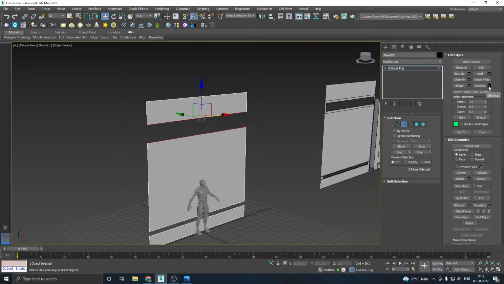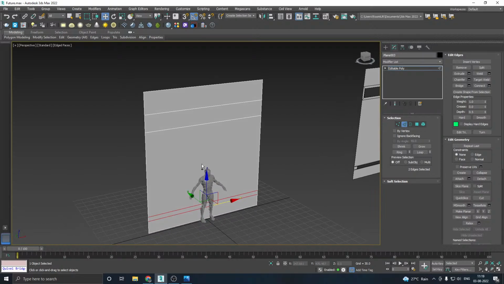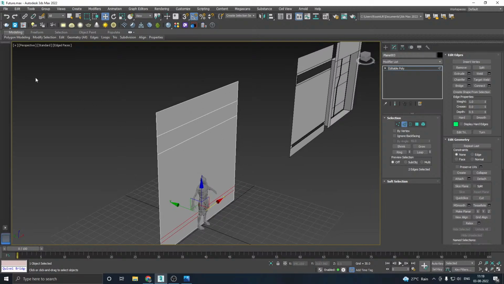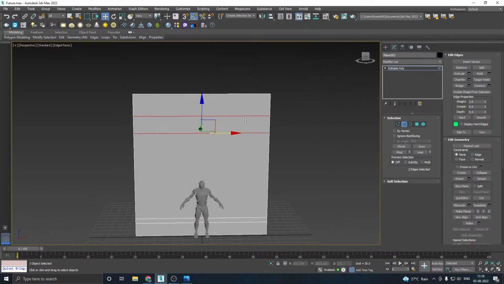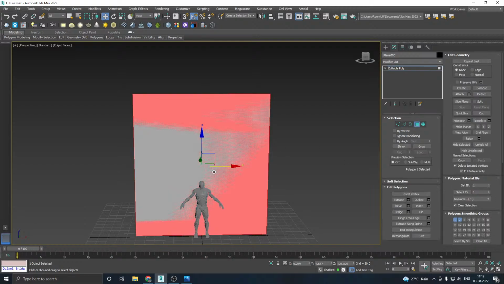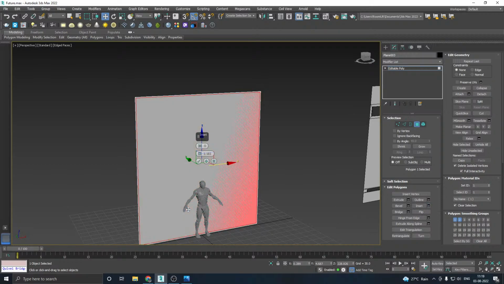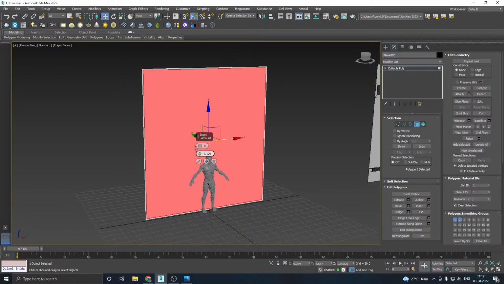And okay, we don't need all these segments. We can just delete, control and backspace. Then I'm going to insert this whole face